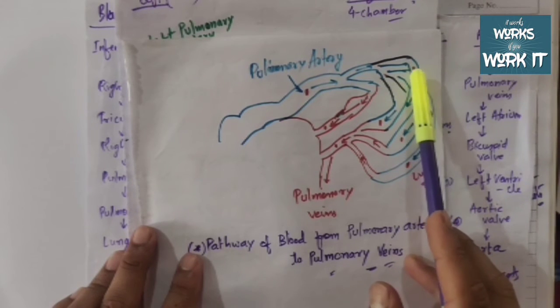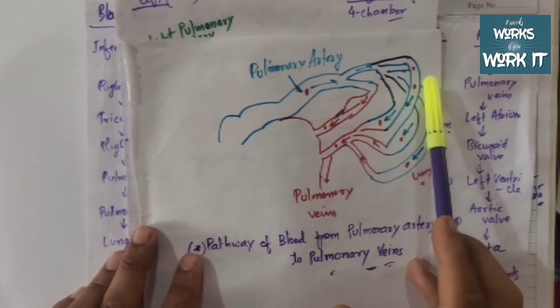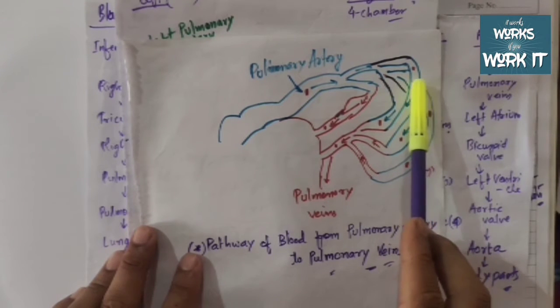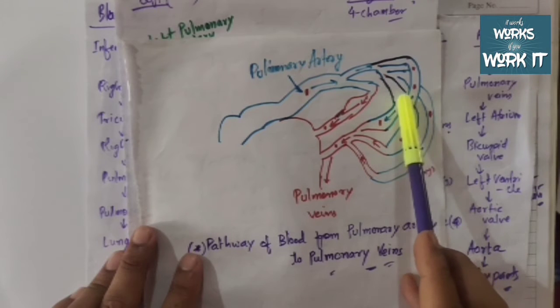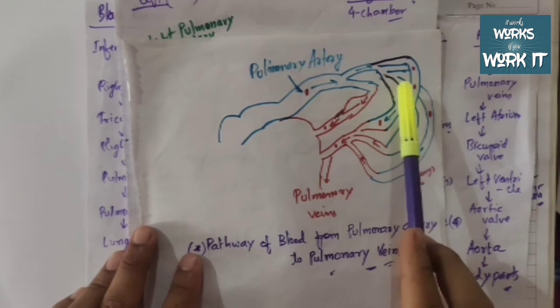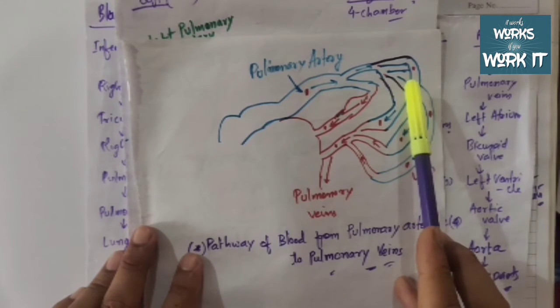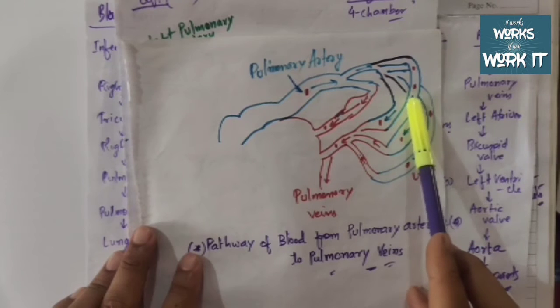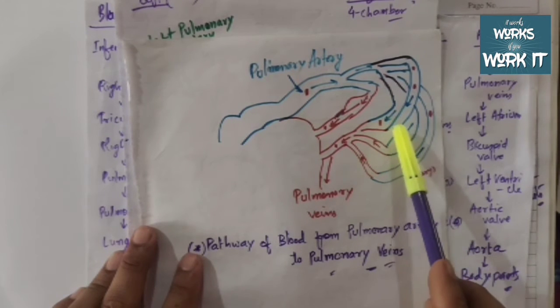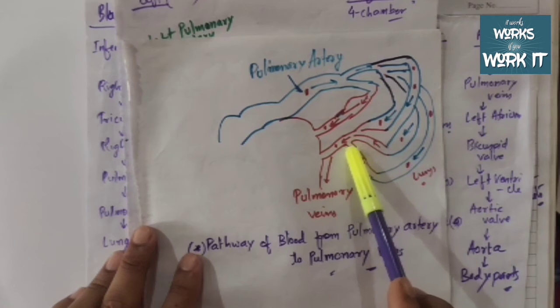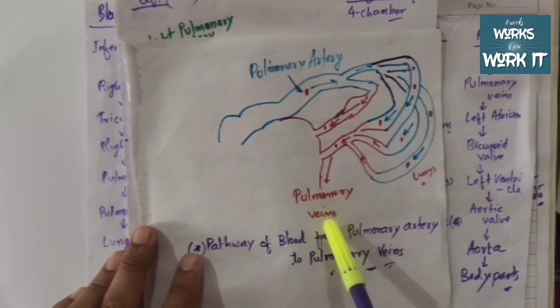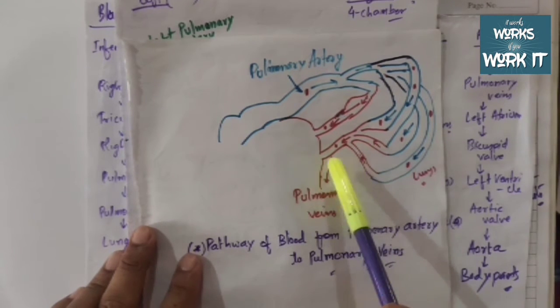The capillaries, the RBC present in the capillaries, release the oxygen, and then pick up the carbon dioxide and release it towards the lungs, and from the lungs it goes directly to the respiration process, that is exhaling. Then after becoming oxygenated blood, it enters the heart through the pulmonary veins, and after this it reaches the